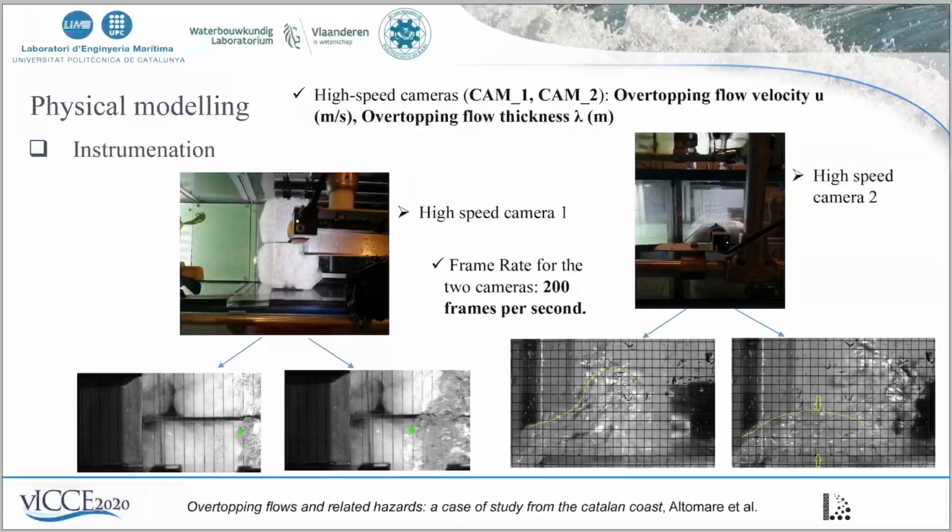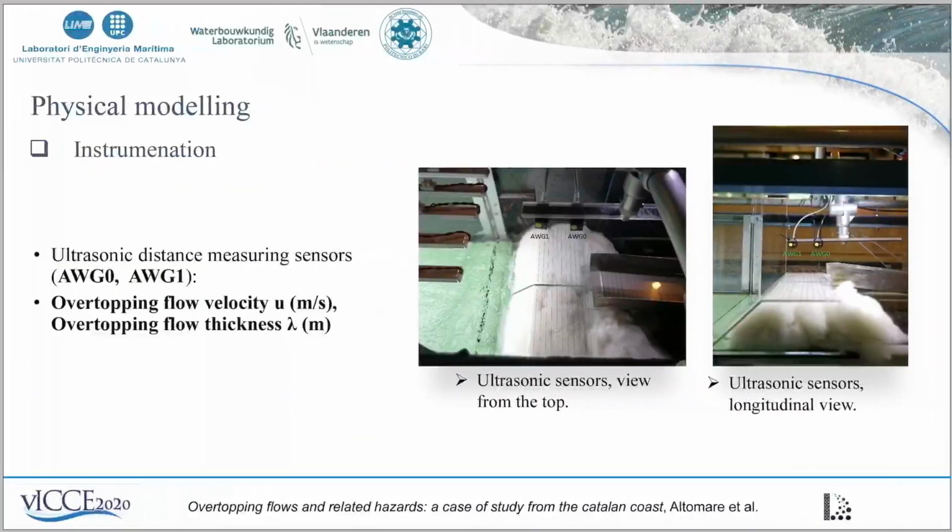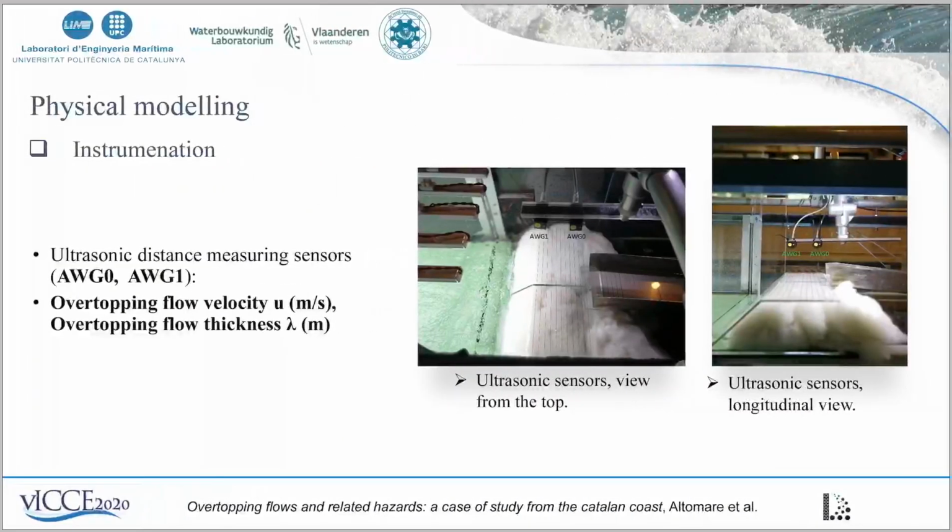Related to the instrumentation, I want to underline how we used a sort of redundant system to measure the overtopping flows on the top of the dike, that consists of two high-speed cameras, one top view and one side view, and two micro acoustic wave gauges. Using all this system, we could measure directly the overtopping flow depth and derive from it, and from the time passing from one sensor to another or during the frames of the cameras, we could derive the overtopping flow velocity.